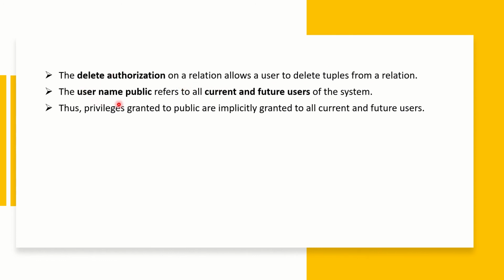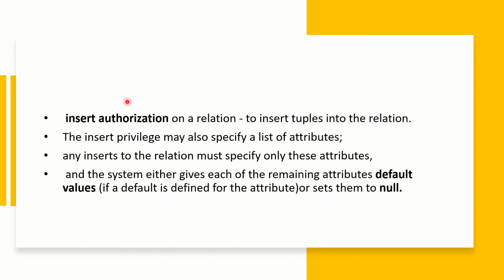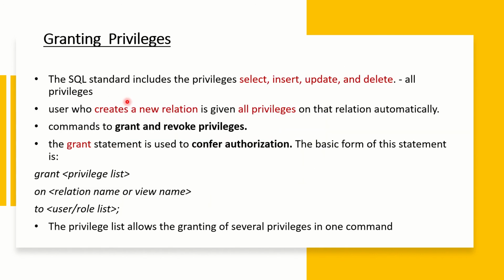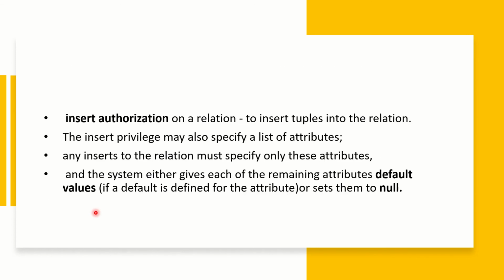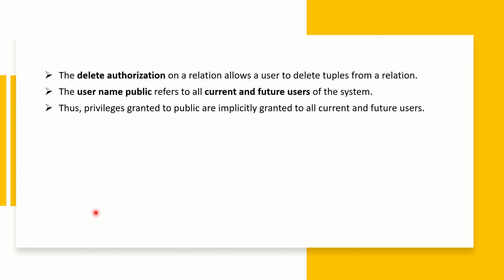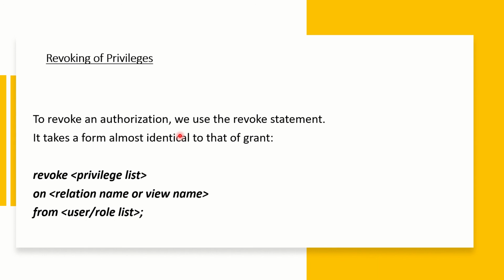Next, suppose that when we are specifying the grant permission and you specify the user name field as public, that means the corresponding authorization is given to all the current and future users, that is, everyone who is using that particular table, and the future users who may be accessing that table, are given that corresponding authorization. So this is the meaning of grant permission.